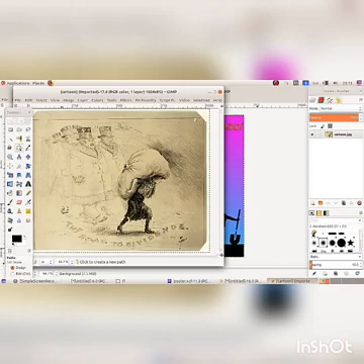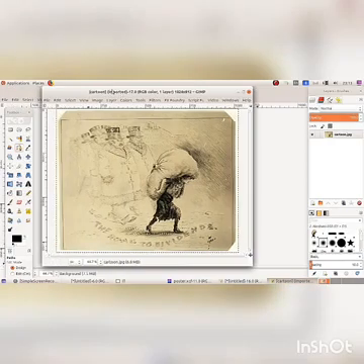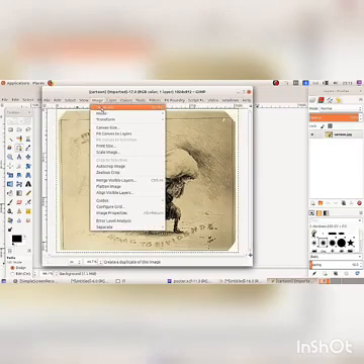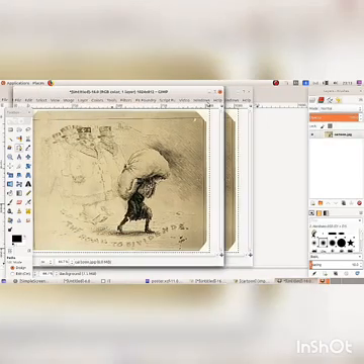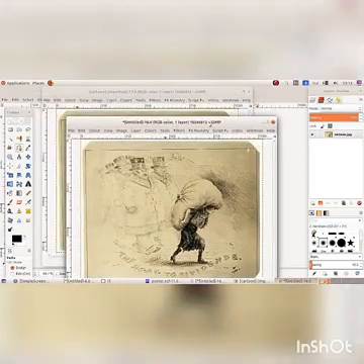How can we select a part of this image? By using the Path tool. This is the Path tool. Before that, we have to create its duplicate. Image menu, Duplicate option. Duplicate image created.